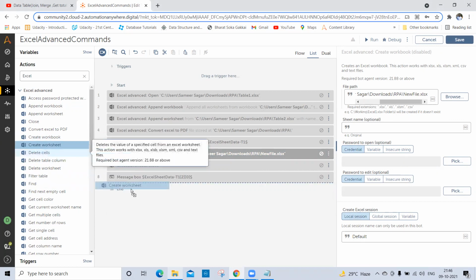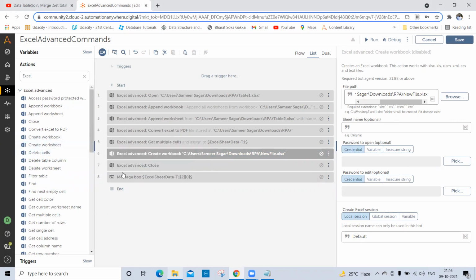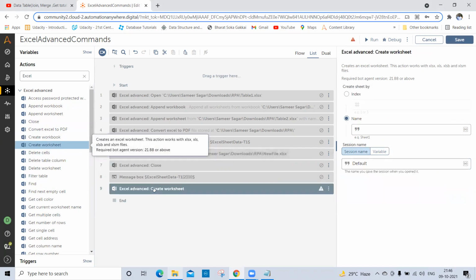So create worksheet. What will it do? Suppose you want to create a worksheet in an Excel file which is already on your system. If you want to create a sheet in that Excel file, you can do that with this create command.